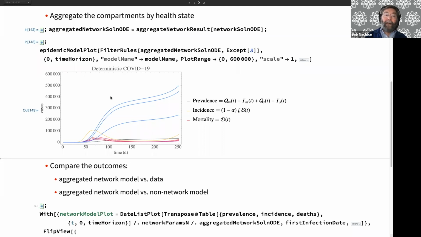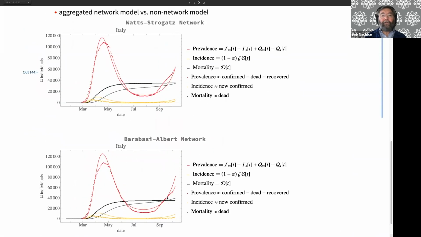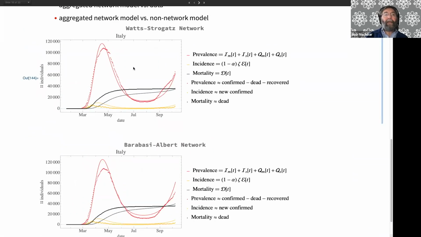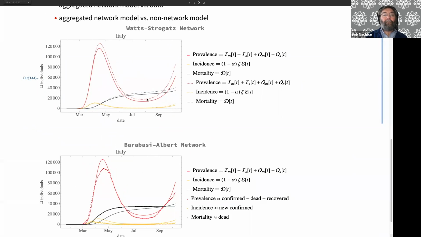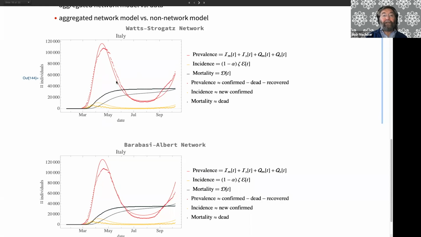And surprisingly, the plots for the Barabasi-Albert model come out looking very similar to this. We can then look at the results here, and we see that with the Watts-Strogatz model, we have shifted it a little bit. It's a little bit lower, and it fits our data a little bit better. I didn't actually fit these. This is just the result of distributing the model over a network.